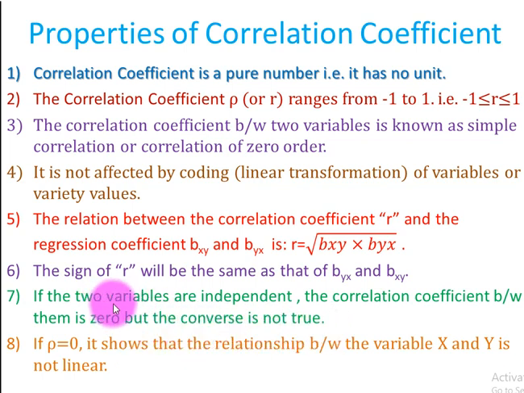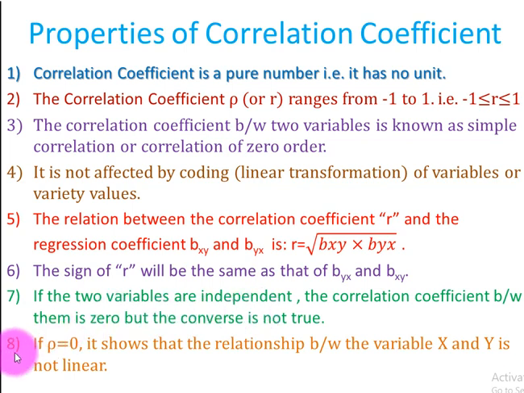It means that if the correlation coefficient becomes 0, it doesn't mean that these variables must be independent. It may be dependent but not linearly. If you find the correlation coefficient and it becomes 0, it doesn't mean that the variables x and y are not dependent. It may be dependent but not linearly. Okay,